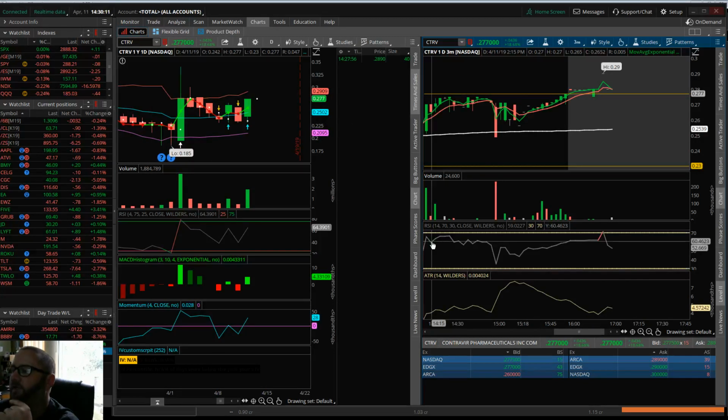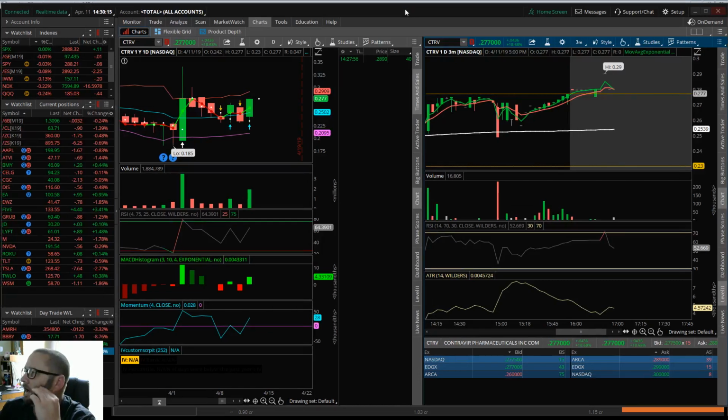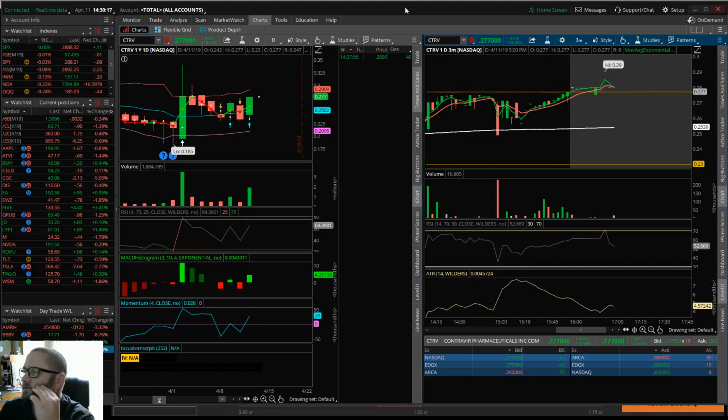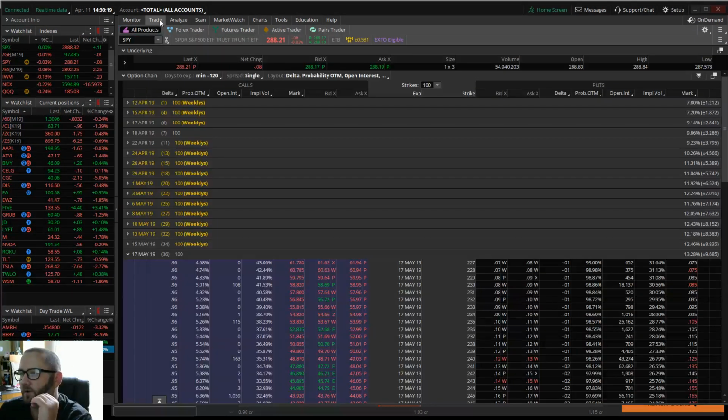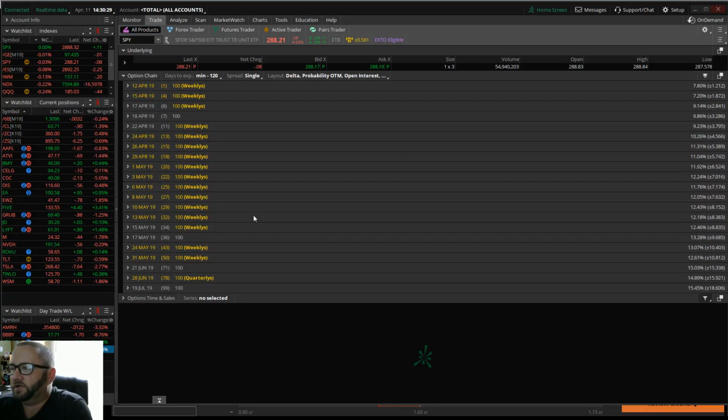Right. So Thinkorswim. Okay, this is the platform, Thinkorswim. And I'm assuming most of you have already used it. You know how to place the trades. Okay, you go to the trade tab, brings up your options chain. Should look something like this, I'm assuming, depending if you guys have the weeklies or not weeklies set